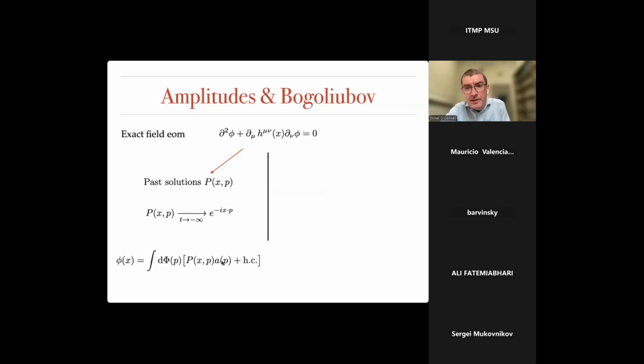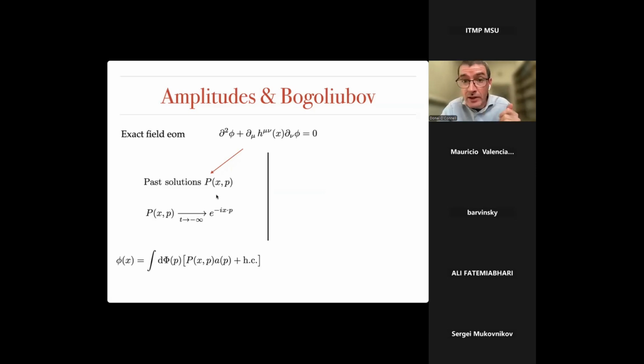Now we can express the quantum field on that basis in the following way. So just an integral over these momenta, because they label the free guys in the past. The basis functions themselves, the capital P's, and then ladder operators. Now the ladder operators that are relevant here will be the A's and A daggers, the ladder operators for the in-Hilbert space, because in the very far past, the wave functions here are free plane waves. Okay, that's one basis of solutions.